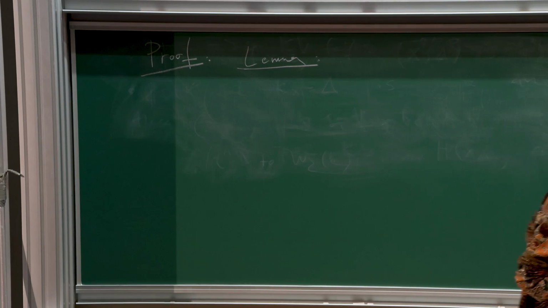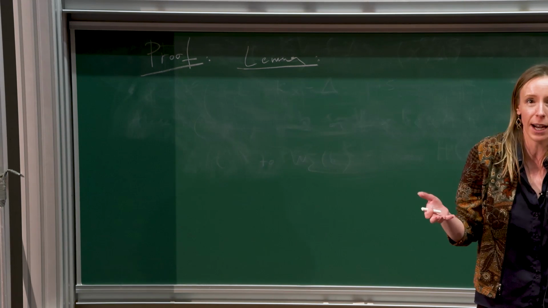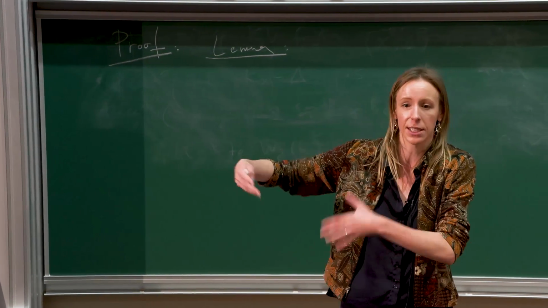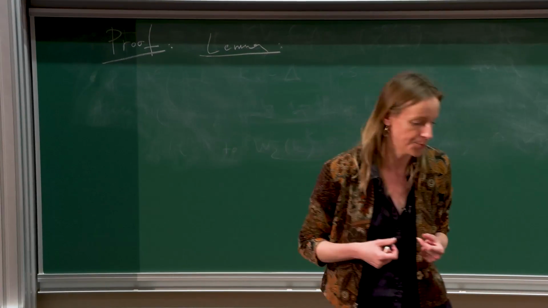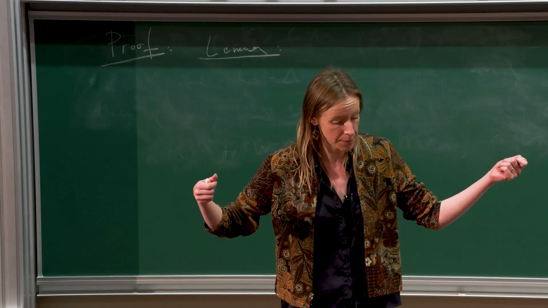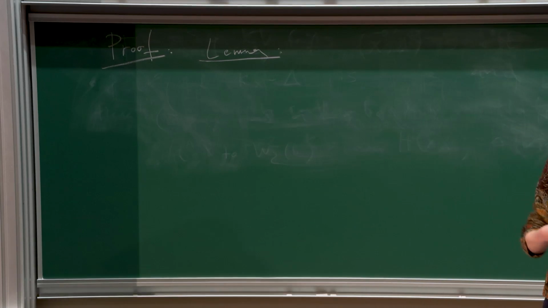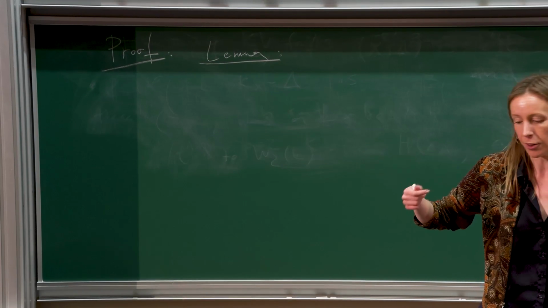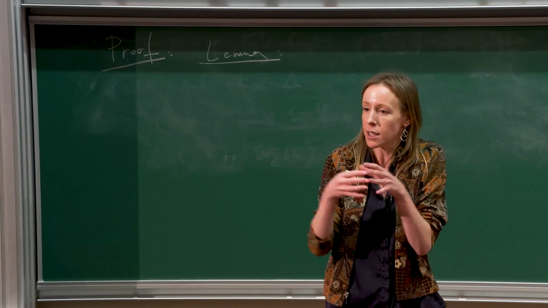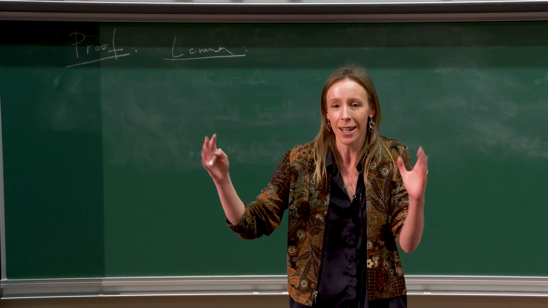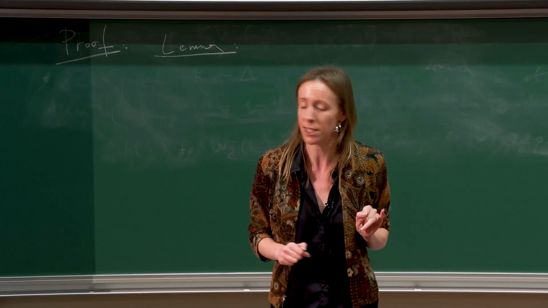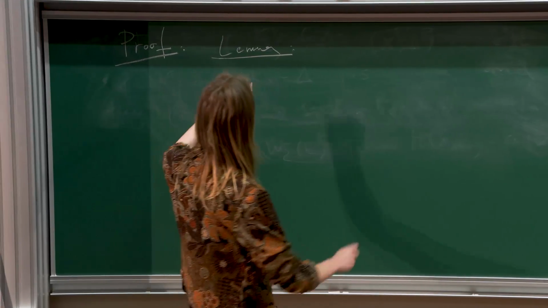As I already mentioned, when we are lifting a log smooth pair, we always know that the lift of the normal crossing divisor is going to be a normal crossing divisor given by precisely the same incidence relations. And for this reason, if we have a log smooth pair and we blow up a point, then in general, if you blow up a point, you can lift that point in many, many different ways. But when we have a normal crossing divisor, we can just describe that point locally in the local coordinates that we're choosing. And so we know precisely which point on the blow-up we should blow up to preserve exactly these incidence relations. So the lemma that we are going to use is that if